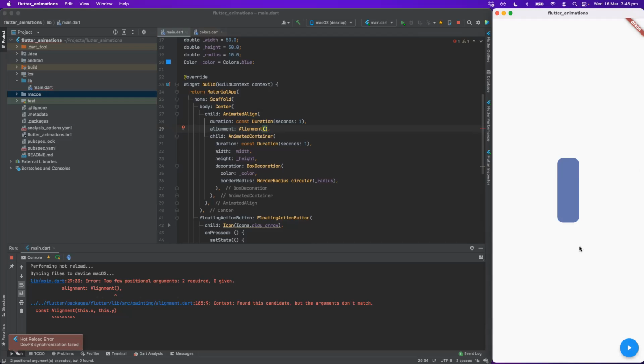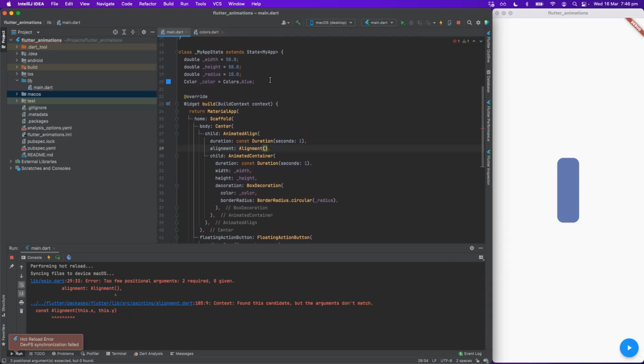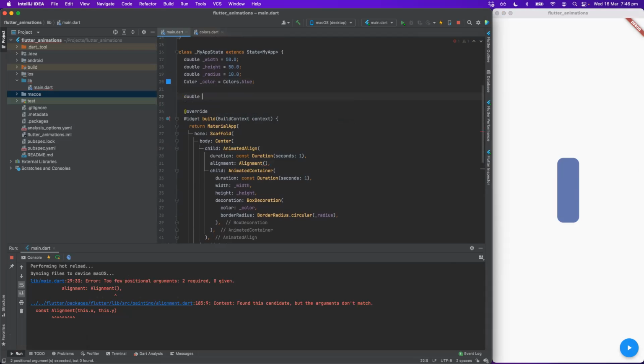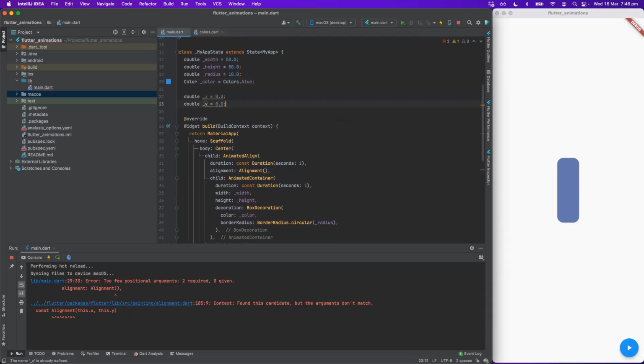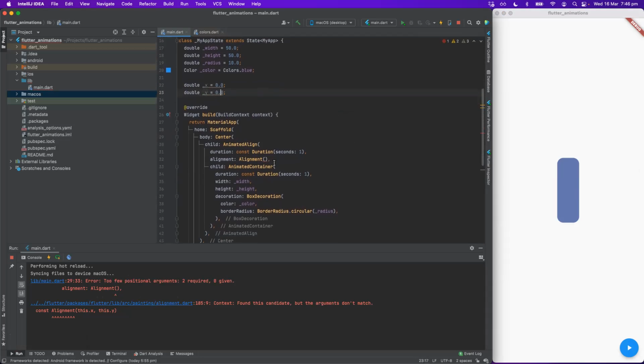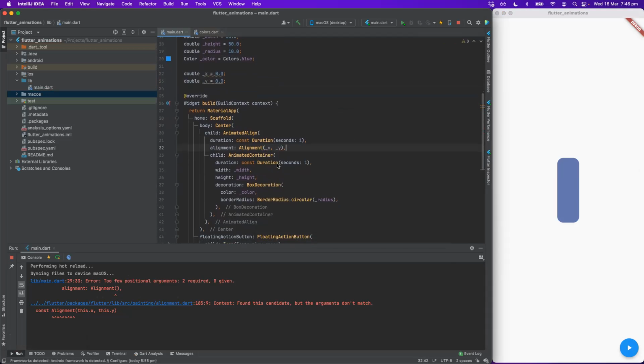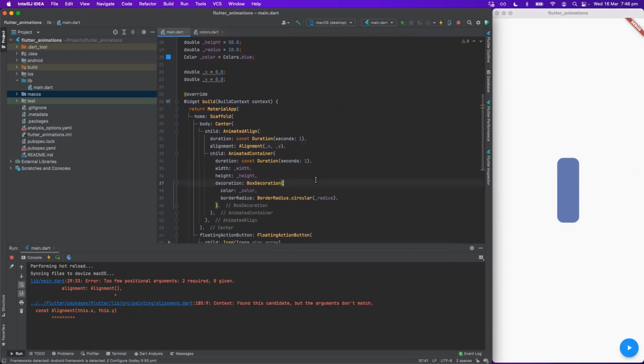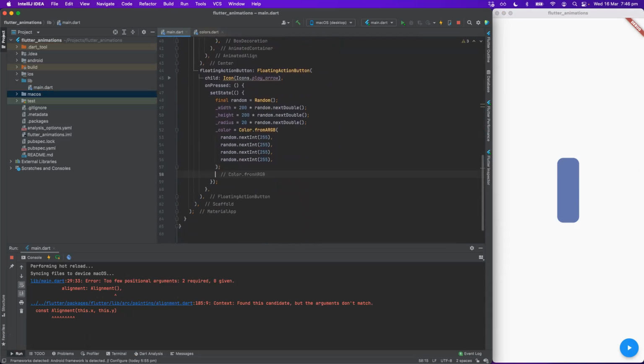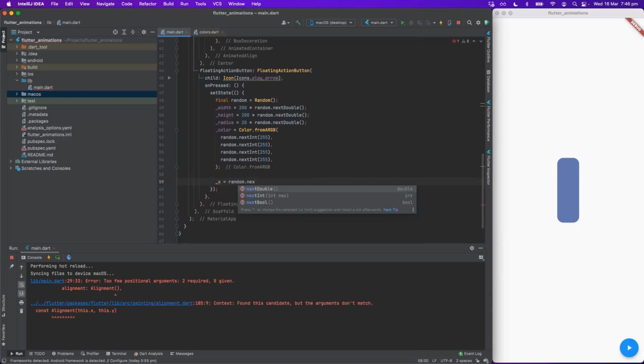So from -1, 0 is center, to +1, which is the bottom. So we're gonna add two double values for X and Y. 0, 0 means that it will start on the center. And yeah, we're gonna just randomly choose them, yeah, like before.